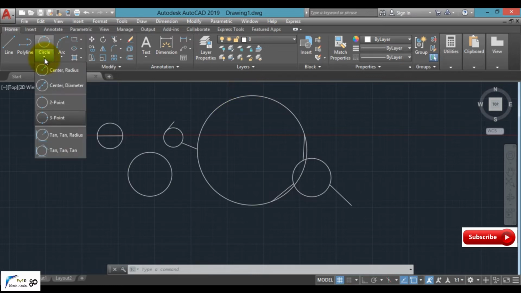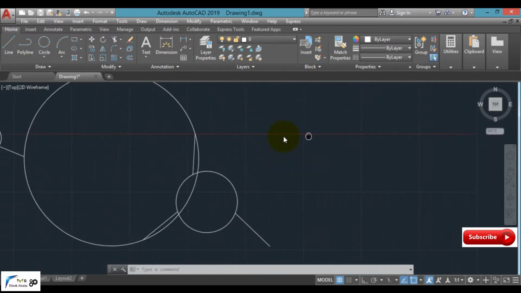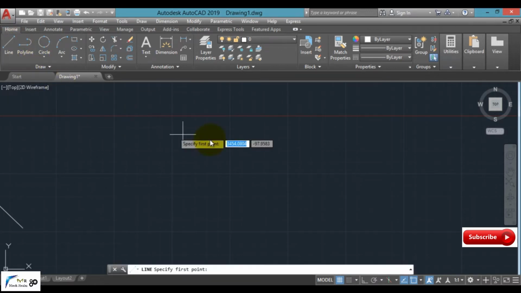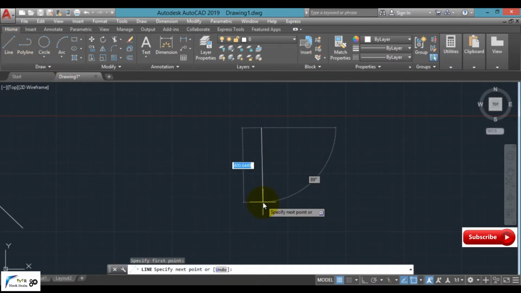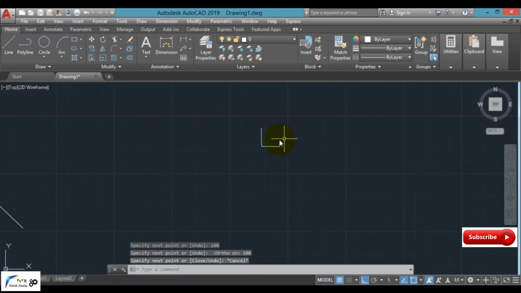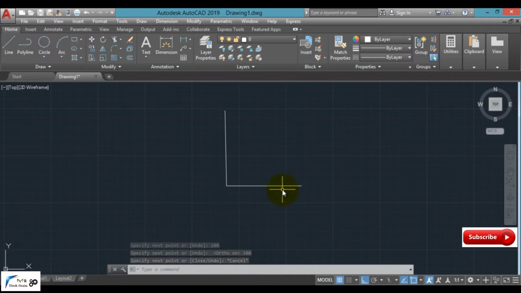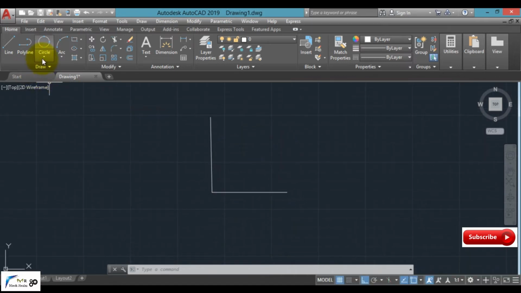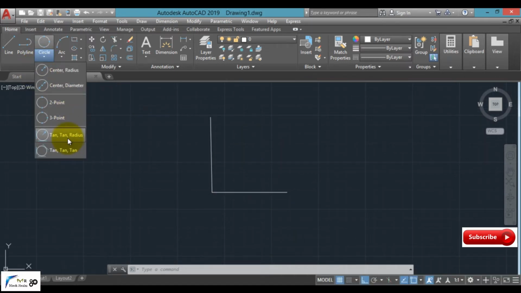Moving to our next option, tangent, tangent, radius. For this, let us create 2 lines. First one of 100 mm, second one also of 100 mm. To understand easily, I have created the 2 vertical and horizontal lines. Now simply select tangent, tangent, radius from here.